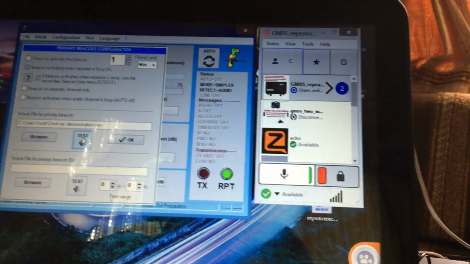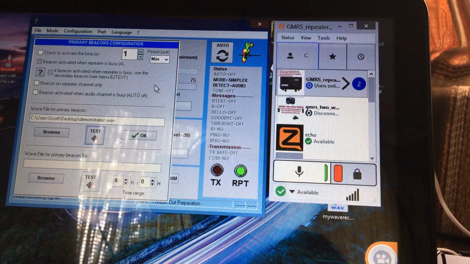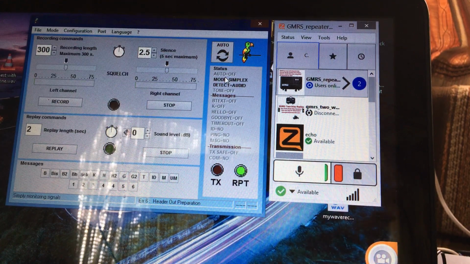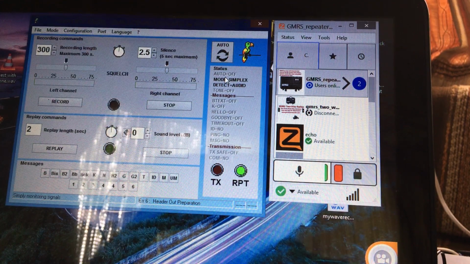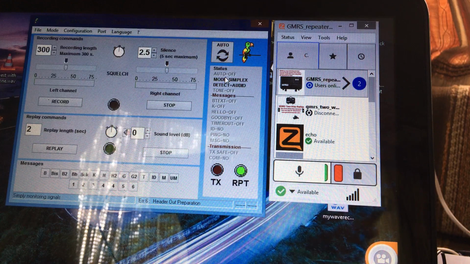So let's go ahead and show you the settings. And we're going to kind of move this over to here. Like I said, bear with me. I wish I could do this a different way, but I can't. So, as you can see here, I'll use my mouse as a pointer. I have the software. I don't have the repeater function turned on in the software. I can turn it on, and I can use it like my other videos. I did a simplex repeater. It would record and play back. I could do that. Works just fine,